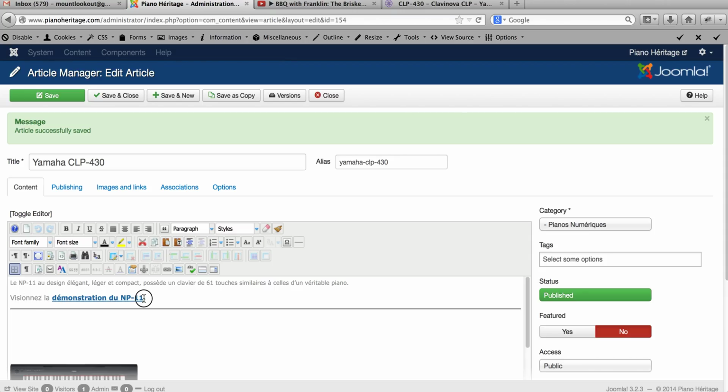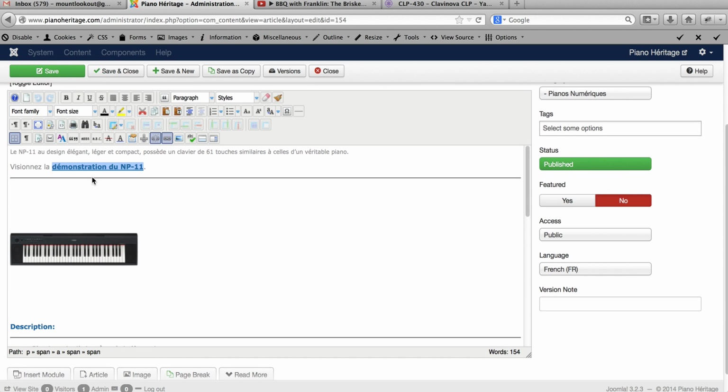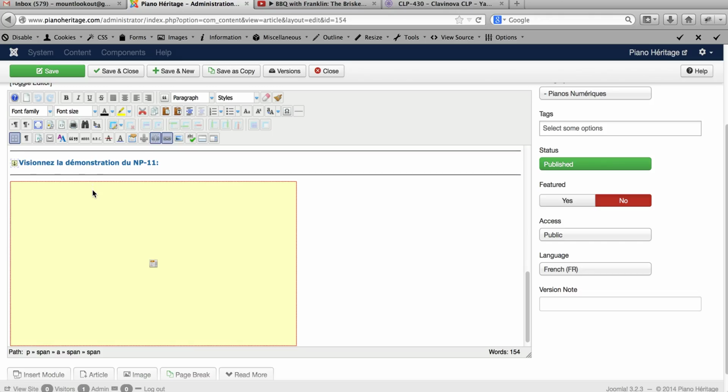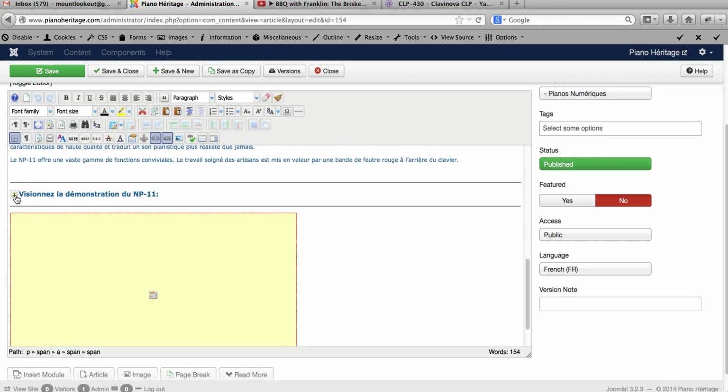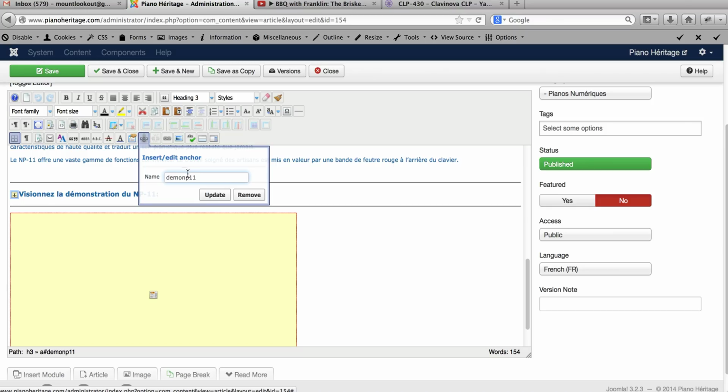Here we have the anchor link. When people want to watch a demonstration, they can click that link. Again, it's called an anchor link, and it brings you down to this anchor, which is already in here for you. So this anchor link is down here, and it needs to be unique. You click on that, and this little anchor highlights. Click on this anchor,